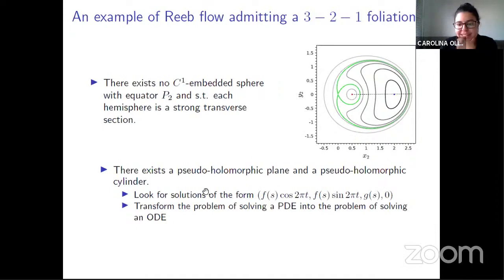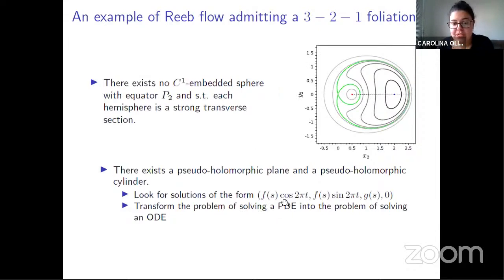Actually, we can use an idea that I learned from that paper by Nayara de Paulo and Pedro Salomon on 3-foliations. The idea is that you can use the symmetry of this Hamiltonian. In this case, we have symmetry in relation to the y coordinate,